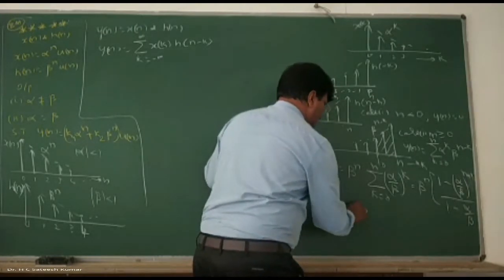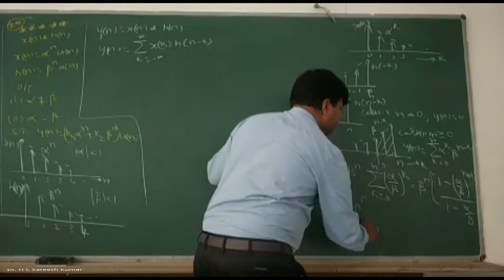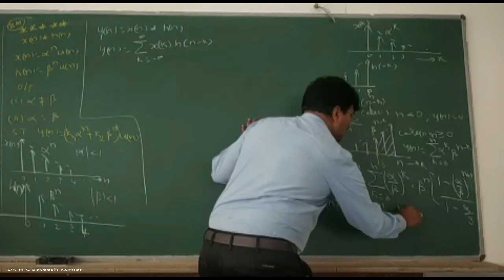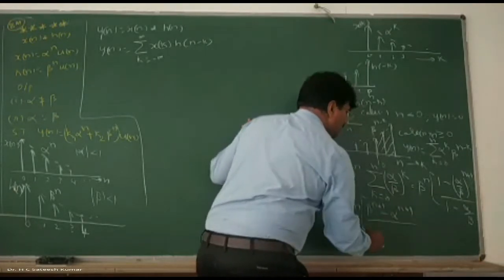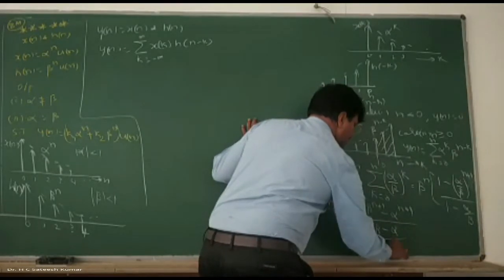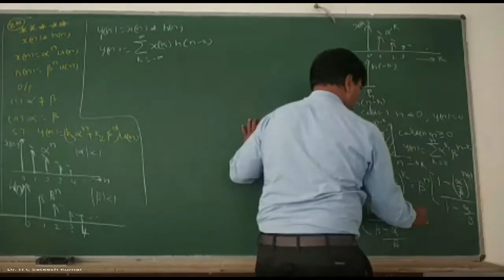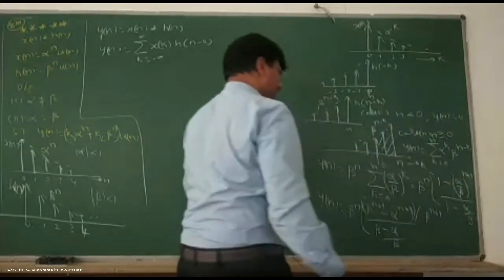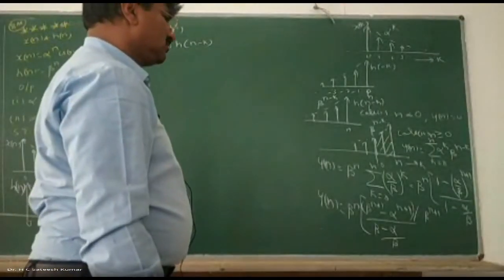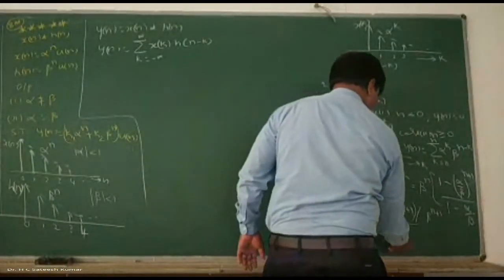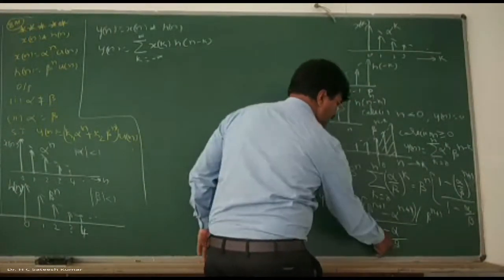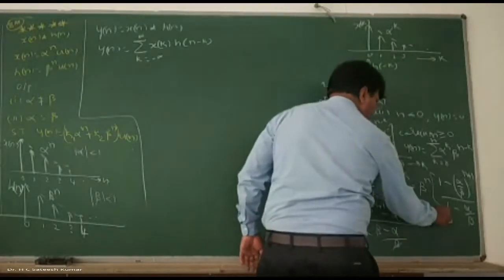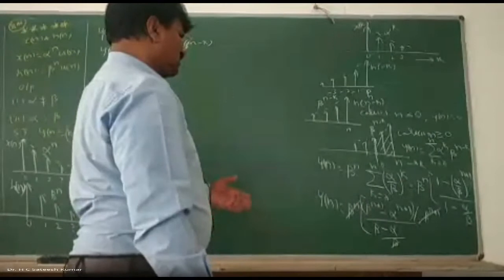beta to the power of n into, taking the LCM, beta to the power of n plus 1 minus alpha to the power of n plus 1, divided by beta minus alpha, divided by beta to the power of n plus 1. Sorry, here I did it. LCM I have taken. Now what has happened? This beta will go to the numerator. If beta goes to the numerator, beta to the power of n plus 1 you will get. This beta to the power of n and this beta combined together, beta to the power of n plus 1 gets cancelled. So this is the format that you are going to get.